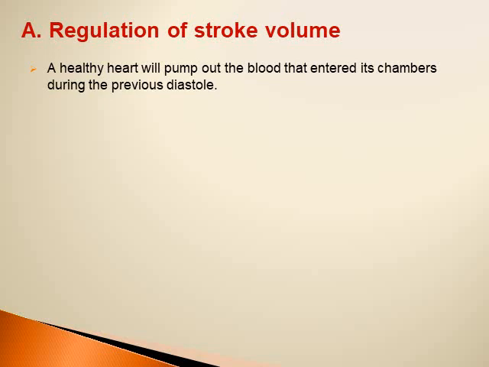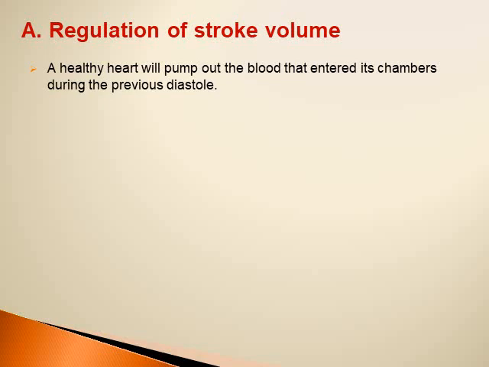As I said, the cardiac output is the product of multiplying the stroke volume by heart rate. So if we want to change or control the cardiac output, we have to control the stroke volume or the heart rate, or both together. For example, if we want to increase the cardiac output, we have to increase the heart rate or increase the stroke volume or increase both of them. So now let's discuss the regulation of the stroke volume, and then discuss the factors that regulate or affect the